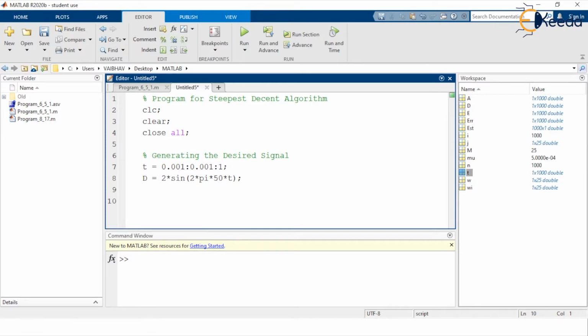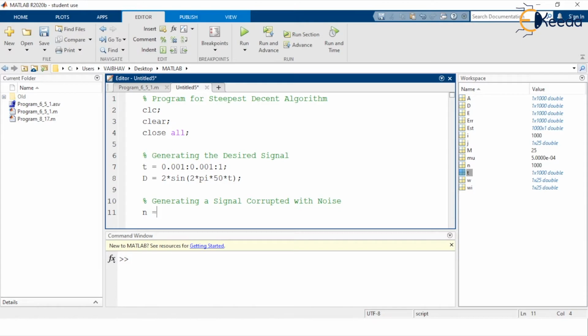Now we require a signal that is holding the desired signal information but corrupted with noise here. So I shall be generating a signal corrupted with noise.